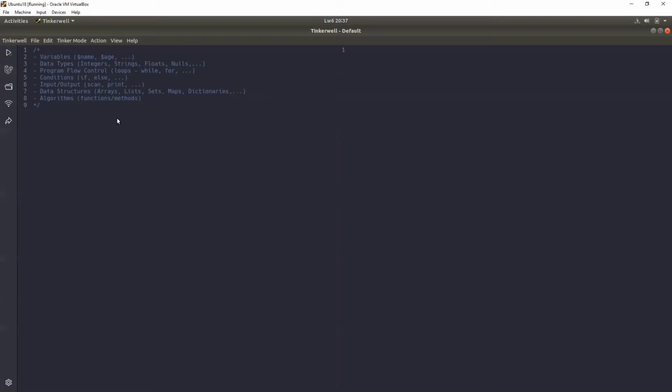Then algorithms, these are functions or methods. So if you have code that adds two numbers like 1 plus 2, you can just term that as a function called add, or a method called add, and it takes two numbers, the first number and the next number that you want to add to. So you can call that some sort of function or algorithm that does the adding. You give it the two numbers, 1 and 2, and then it returns the result, which is the sum. So we shall be looking at all algorithms.